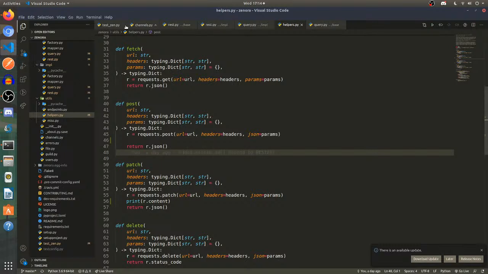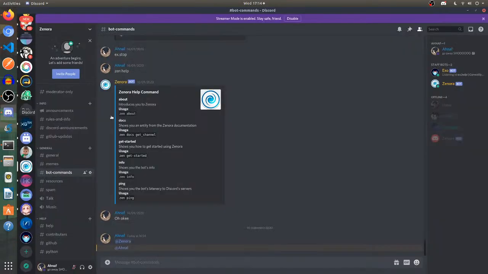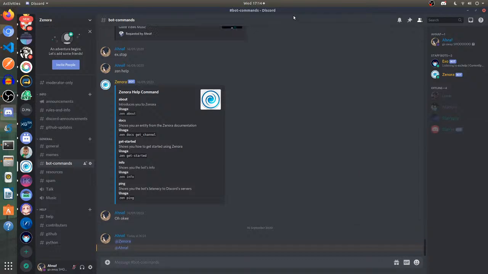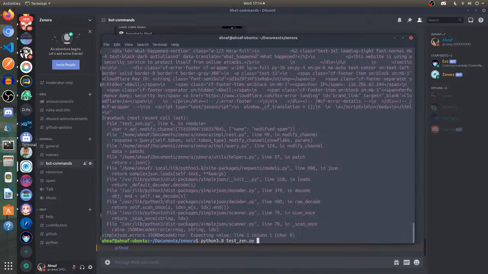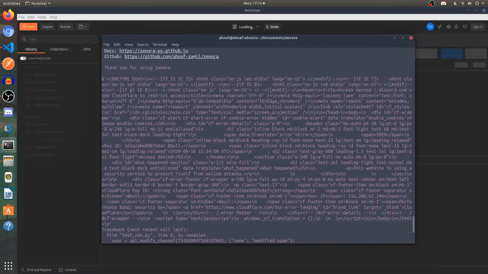Let me run Postman and let's see what actually happens. I need to run Postman and check if something is going wrong or not. Access is denied. And I run this. What the hell? It's doing the same thing over and over again.